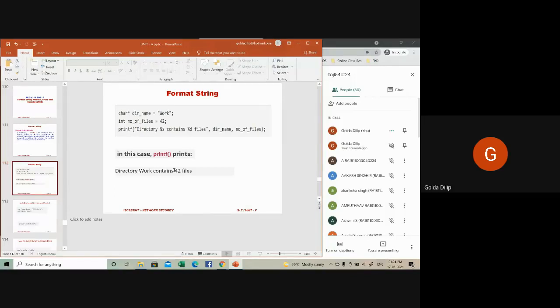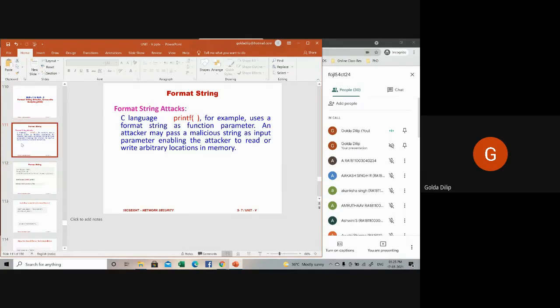But if this printf statement and other such functions are not correctly used, the printf format strings can be vulnerable to a number of attacks. There are many format functions involved in the printf family.